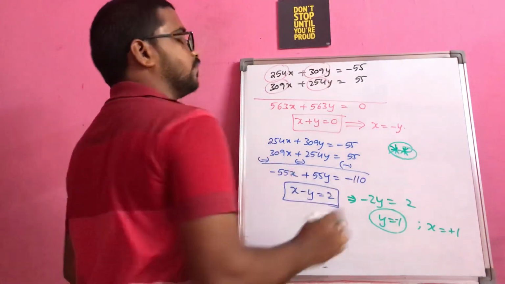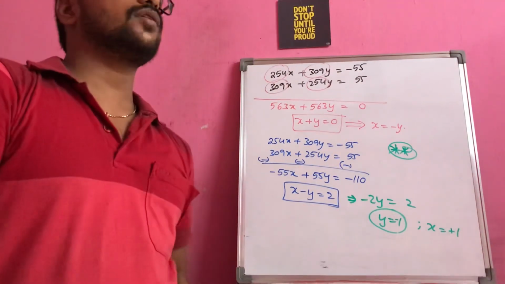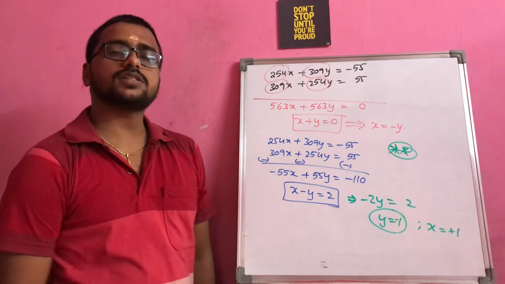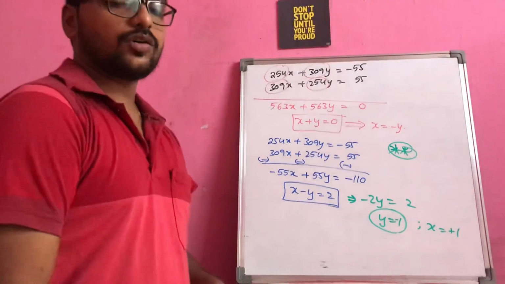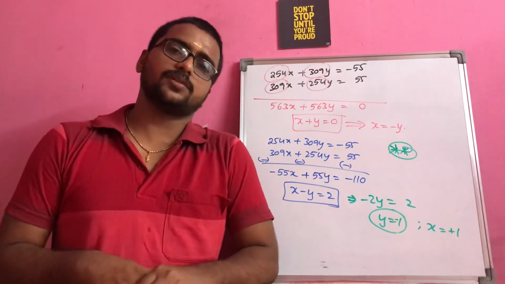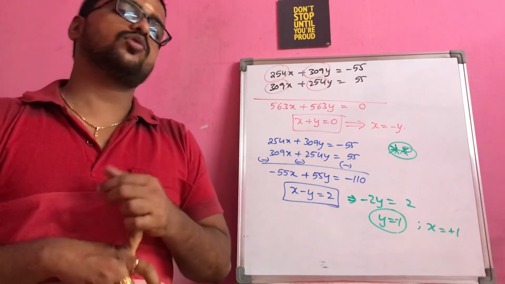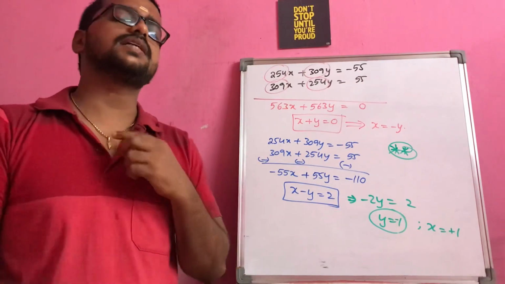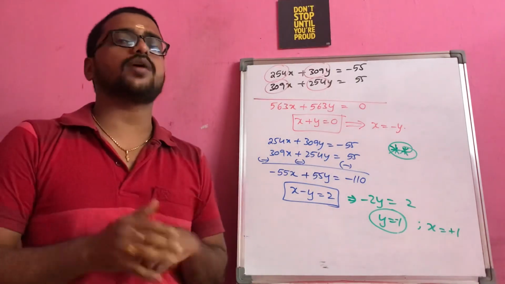Those who are preparing from the competitive exams point of view, don't waste your time in making the coefficients equal or the elimination method and all. You just think, if the coefficients are in very big numbers, it means some logic is there in that question. That is what you have to identify. So you are not supposed to go for your actual procedures and all. There is some other information they are giving to us. So we just have to identify that.